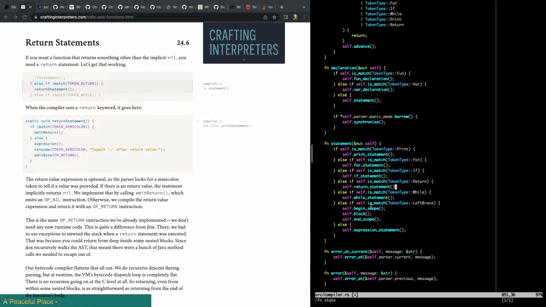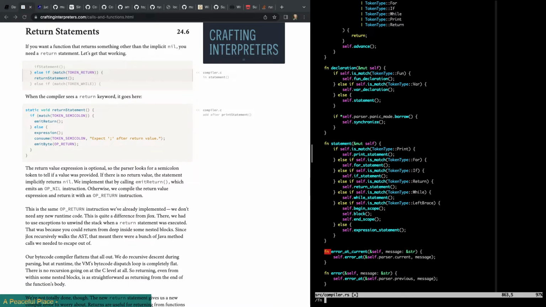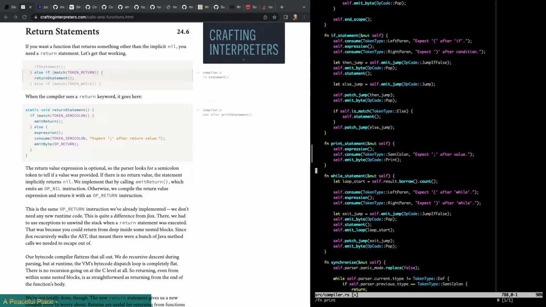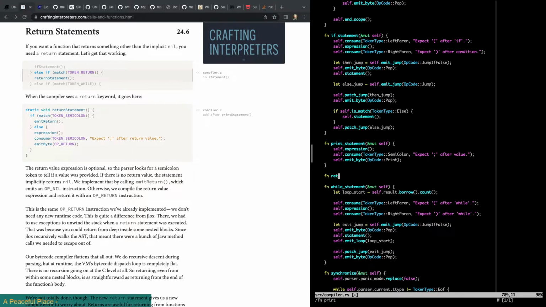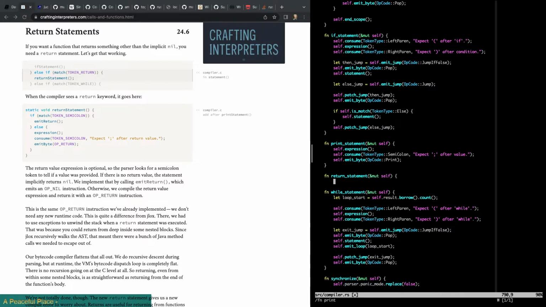Simple enough. When the compiler sees a return keyword, it goes here. So return statement. If we match a semicolon, then just emit the return, okay?